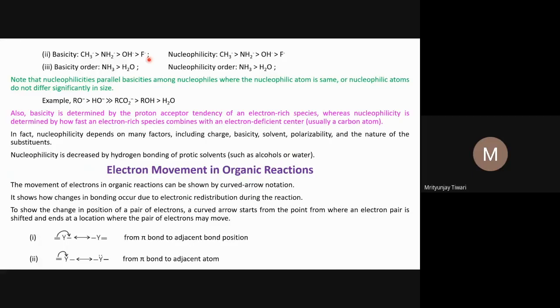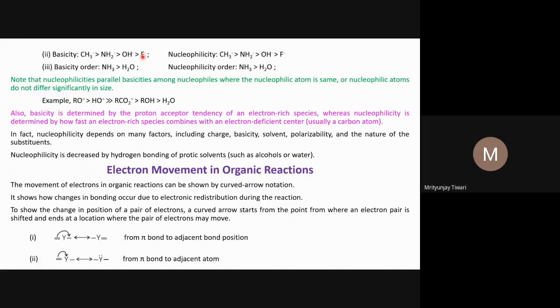HF is the strongest acid because the polarity of this bond is highest among these conjugate acids, and the polarity of the C-H bond will be least among all of them. In CH4, methane, the polarity of the C-H bond is least. So one can understand the order of acidity of the conjugate acids: HF, then H2O, then NH3, then CH4, and thus their